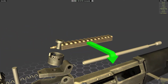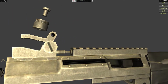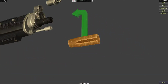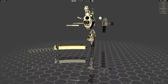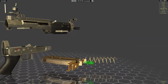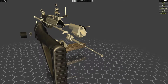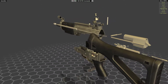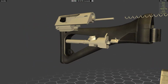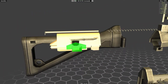And then the upper one should go on as well, right? And then we've got this top-mounted Picatinny rail for the receiver, that sort of mounts to the rear sight base. That's pretty clever actually, how that works. That's pretty nice. And then the flash hider goes on there. Okay. Let's see. I think we can do the mag as well. Right. And then we've got the stock also with the button, and then the bolt. So we've got the firing pin that goes into the bolt, and then we've got the extractor, right? That goes into the bolt carrier. That goes in the gun